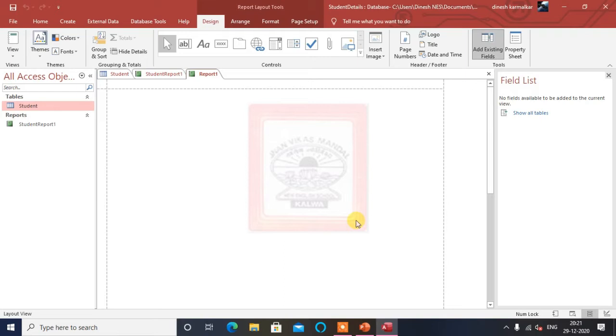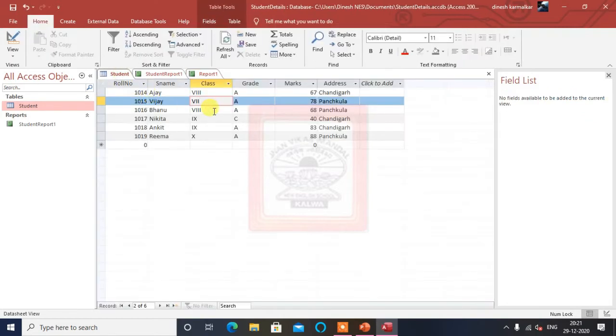Now in this blank report, which has the table here, I will click show all tables. It will show whatever tables there are. I have only one table here, the student table, so I am getting only one. You can edit a table, or you can click to get the fields. Now in this student table, there are 6 fields.